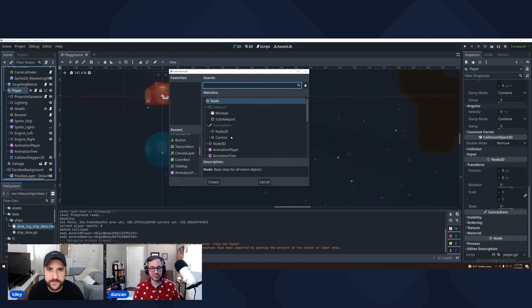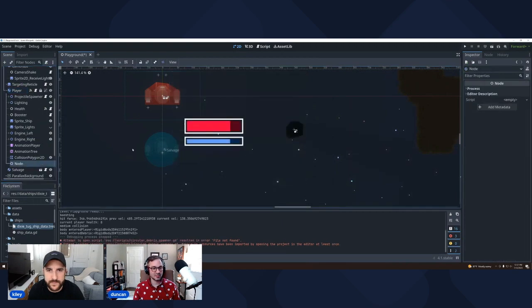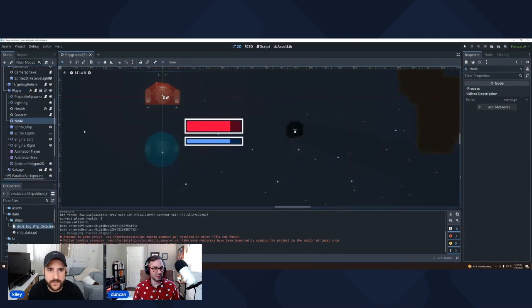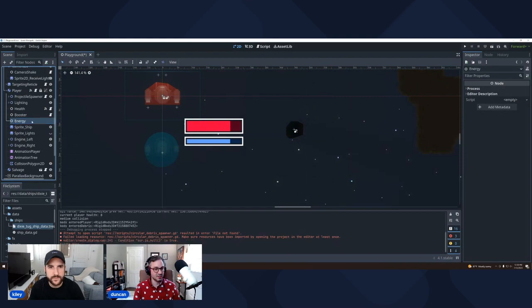But right now we're just going to use a base node, because we don't need it to exist in space. We just want to hold some data, update it, and notify the systems that need it. So we'll call this energy, because naming stuff is good.